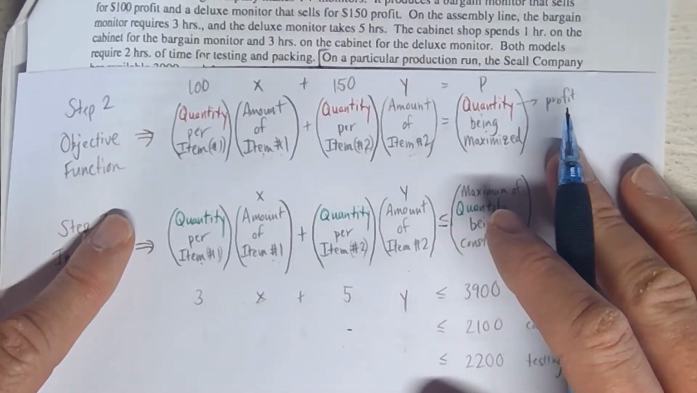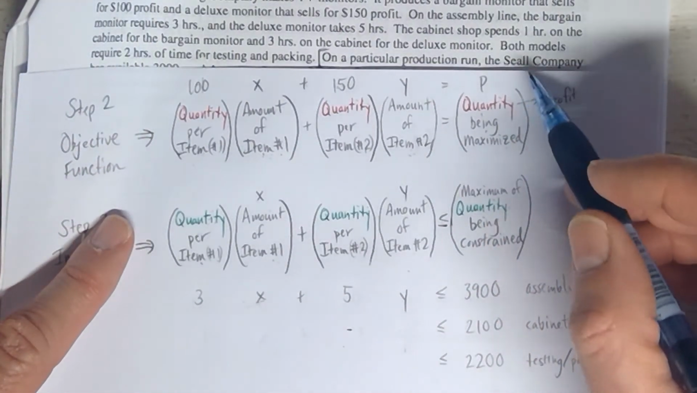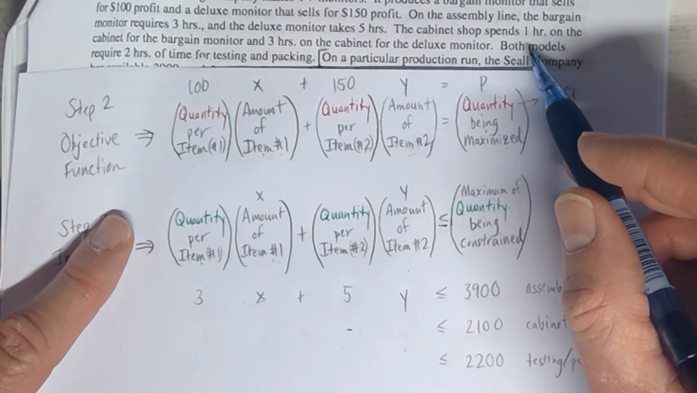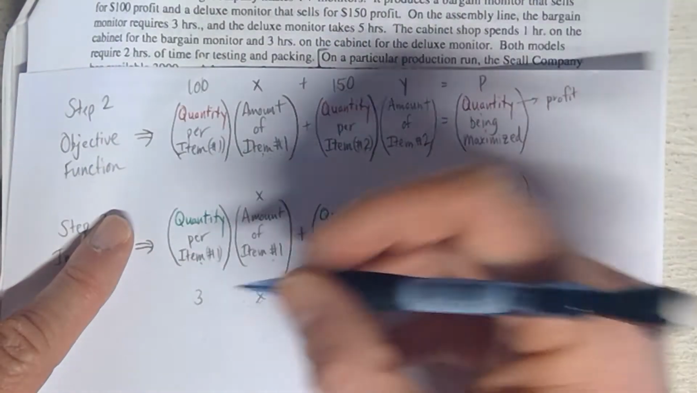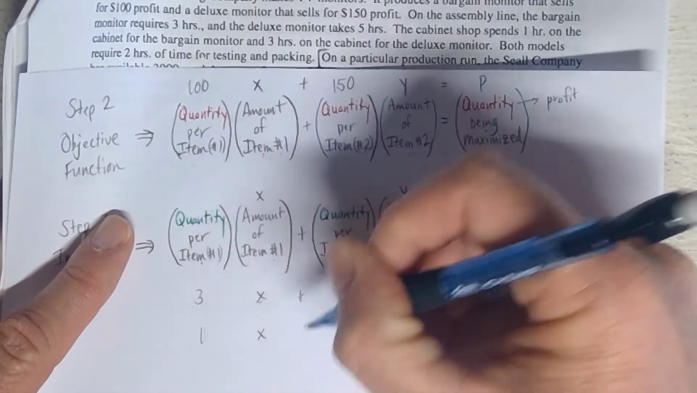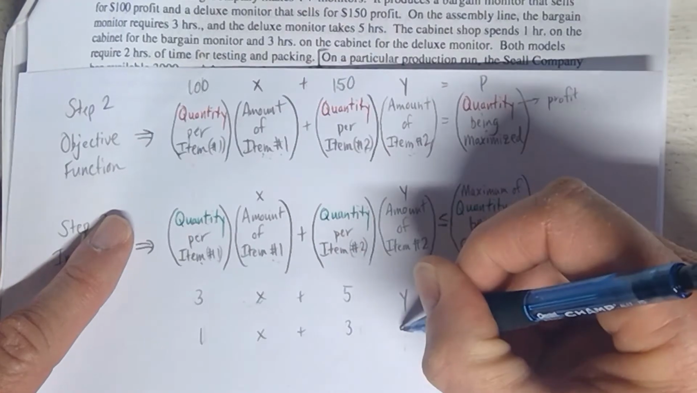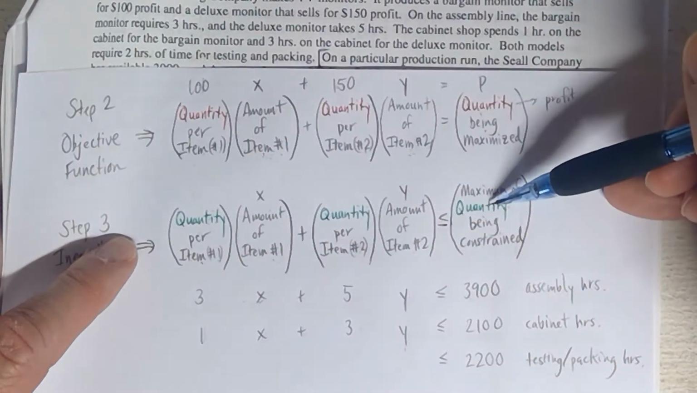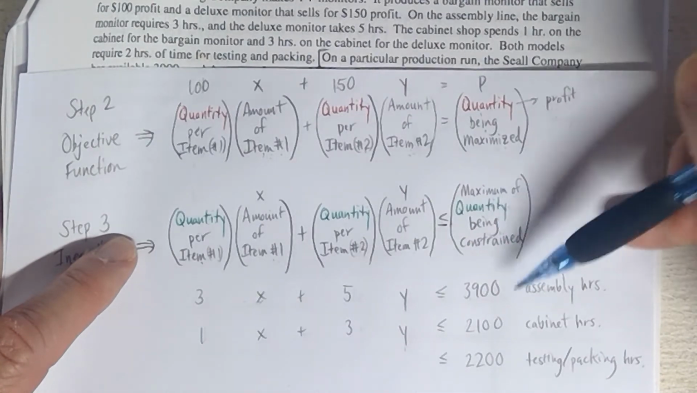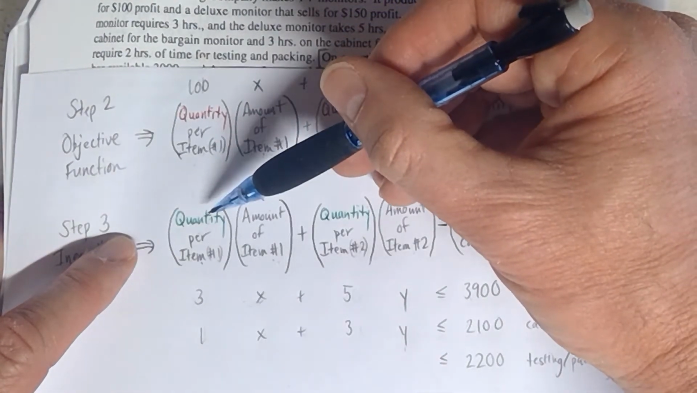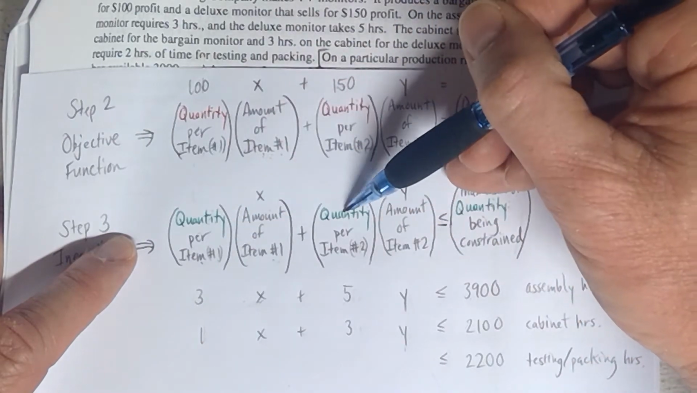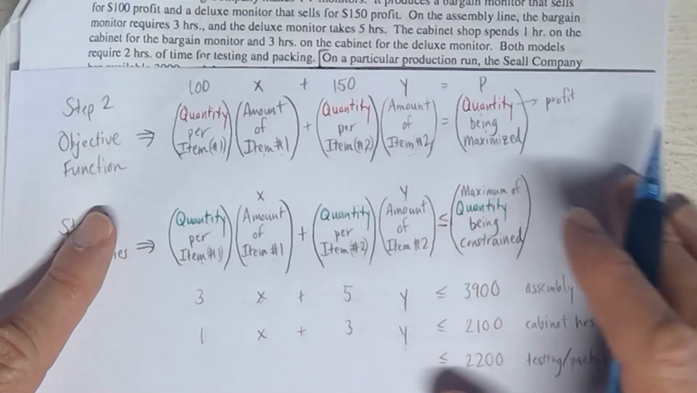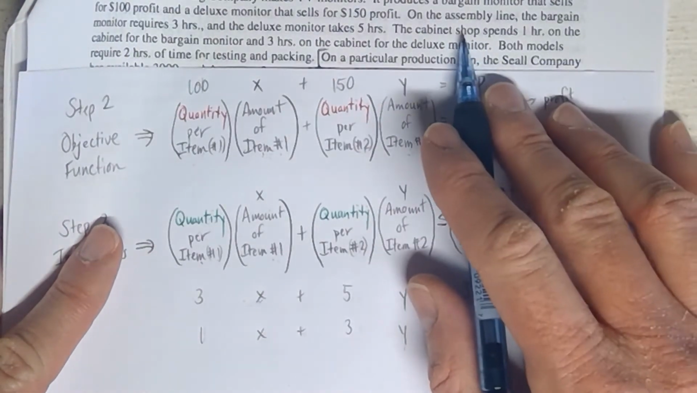Let's keep going here. We can do that same thing with the other two. For the cabinet hours, it says 1 hour for bargain, 3 hours for the deluxe. And so that's going to be 1X plus 3Y. Cabinet hours is green this time because that's what you're trying to constrain in this second one. So cabinet hours per bargain, cabinet hours per deluxe. That tells you that those numbers are 1 and 3 in that sentence right there where it says cabinet